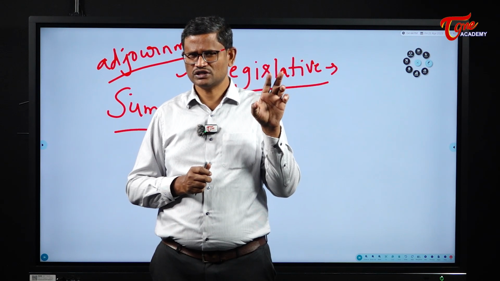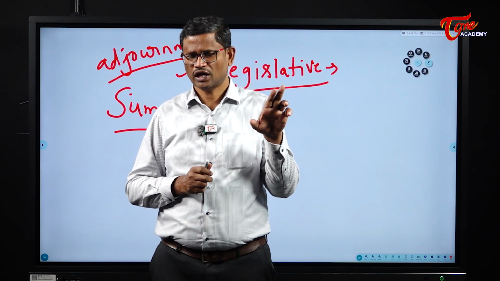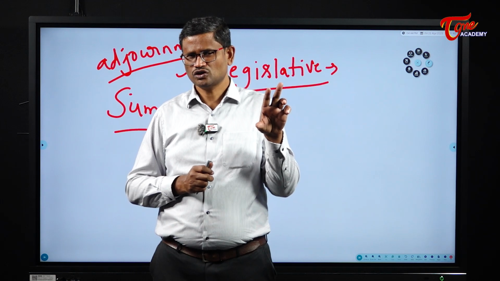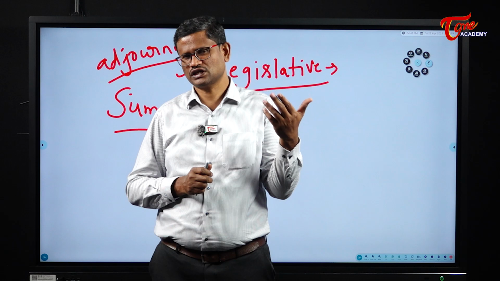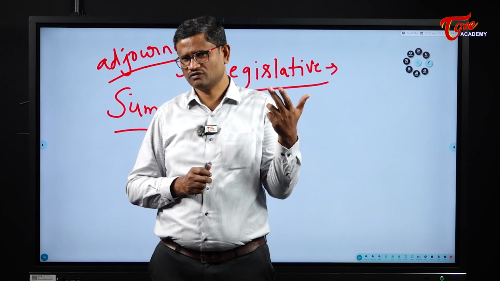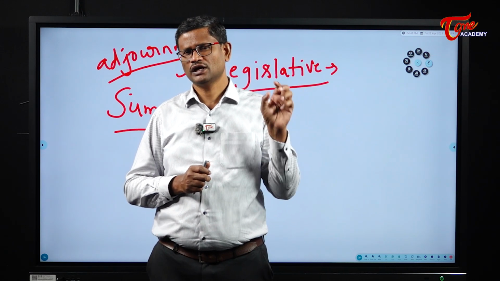So if the government which is in power has lost majority and if the government has resigned, after the resignation of the government, what shall be done? Whether to go for fresh elections or see the possibility of forming an alternative government, here the president has the discretion.